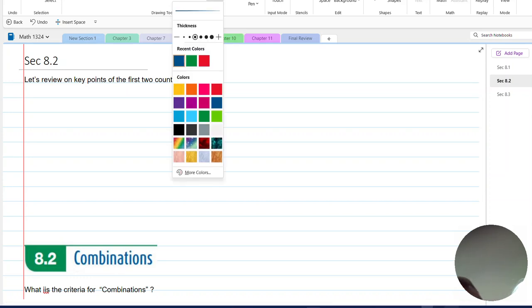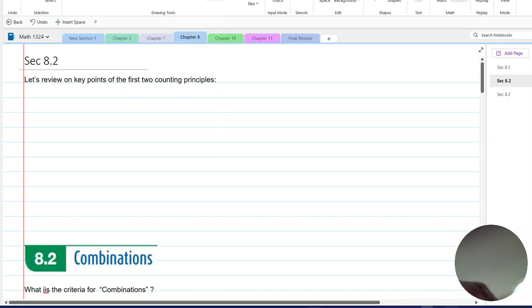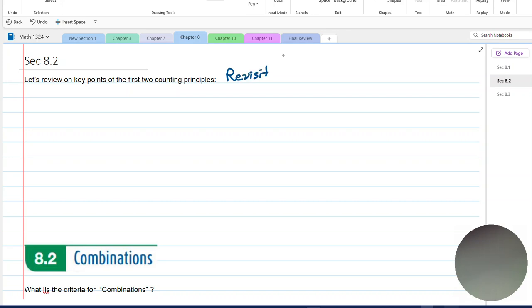Right, we're now into section 8.2, sorry. We just finished 8.1, but we want to revisit 8.1's counting principles. We had two of them. And they are multiplication,